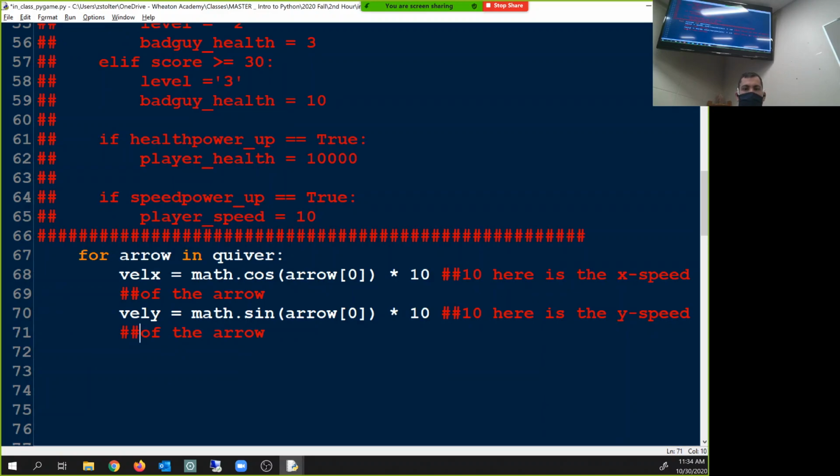Why do you want this? Say that again. Why do we want the speed of the arrow to be related to the angle that it shoots at? So if you do cosine of the angle, that's going to give you 0.5. We times that by 5, and it's going to move in the x direction 5 pixels. And then if we do sine of the angle and it gives us 1, that's going to have us,